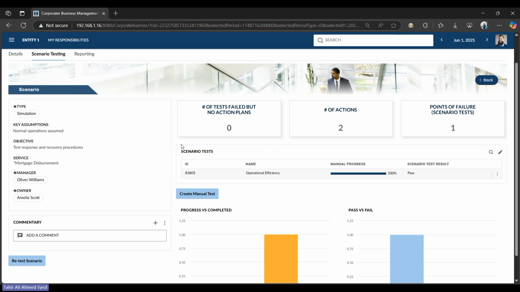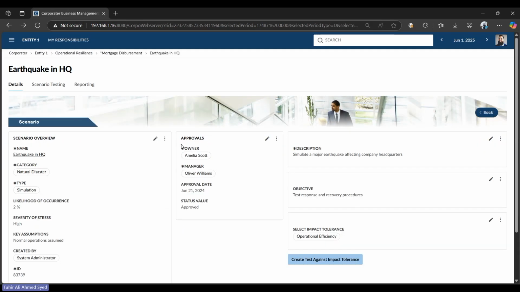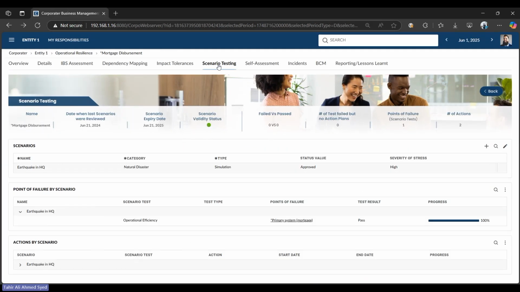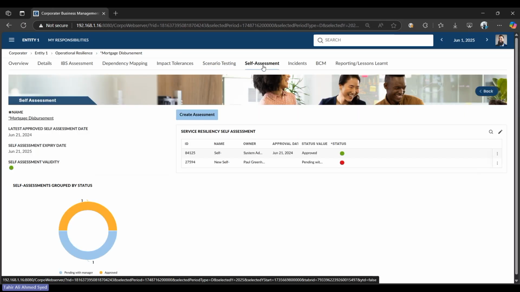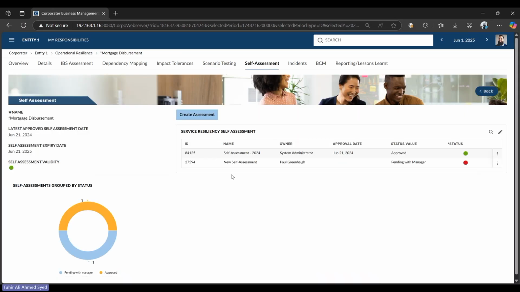We can integrate with other tools, bring in data live, and these scenarios can be automatically tested on a regular basis, just to make sure that your organization is staying relevant and resilient as you go through the journey of business improvement, right? Outside of the scenario testing, as mentioned on my first screen, Corporator also has a full capability for performing self-assessments. Now, this could be done by the owner of the department or the service,